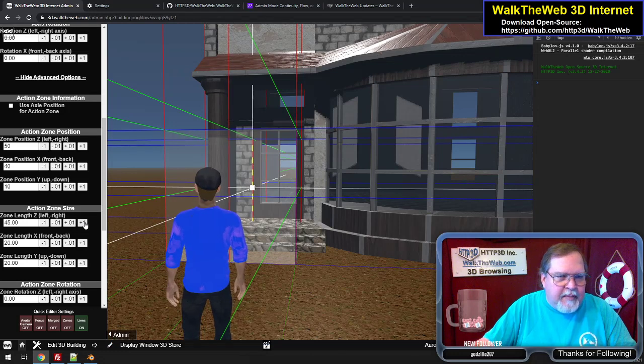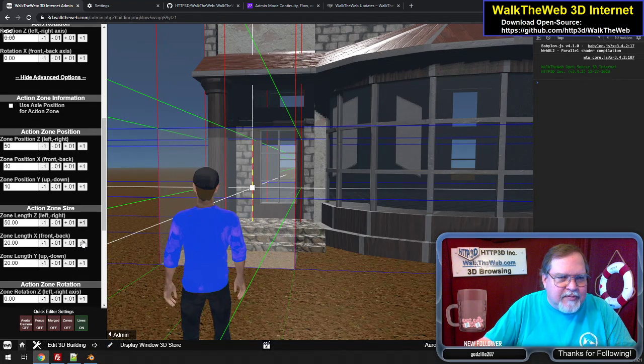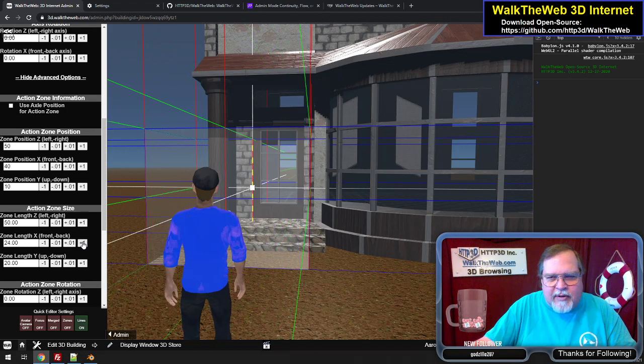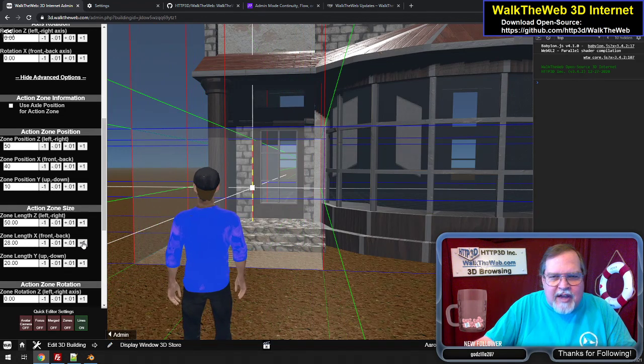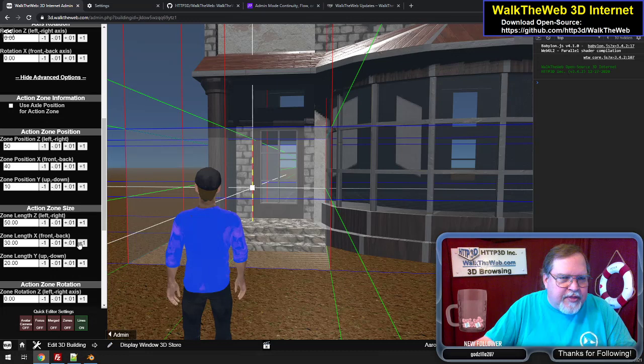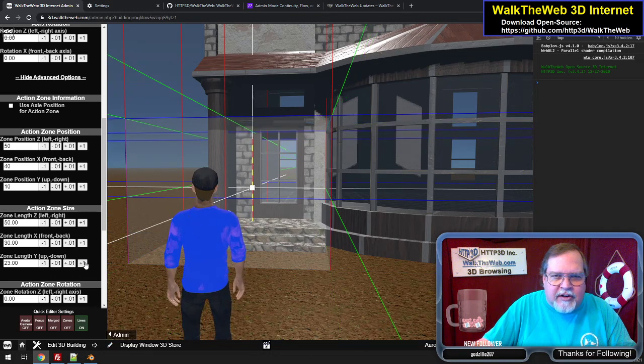Okay, I'm going to go to about the bottom of the steps so that it starts opening by the time you get there. And then, well, you know what? I could go 50 just for round numbers. I tend to like round numbers. And this one, I'm going to go to 30. So it's 50, 40, 50, 30. And those are easy numbers to remember. And then I'm going to make it a little bit taller